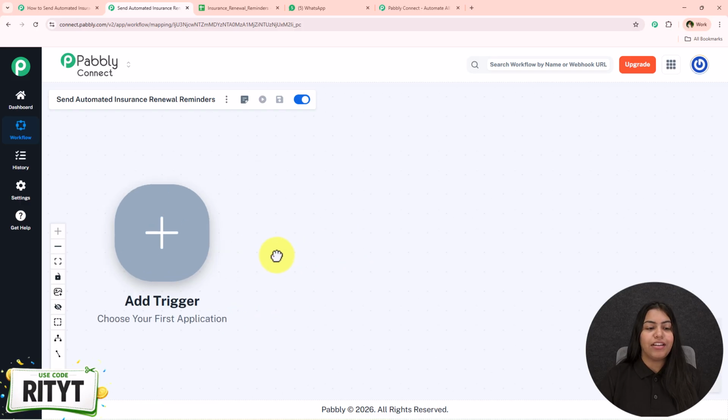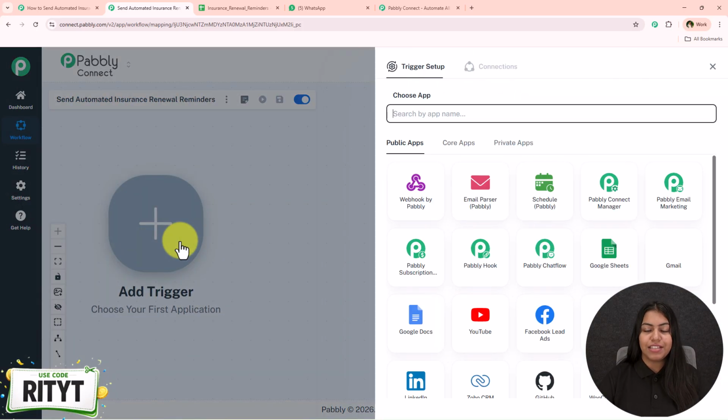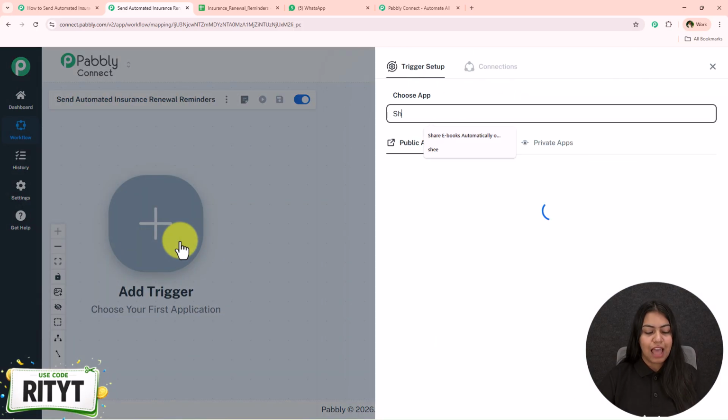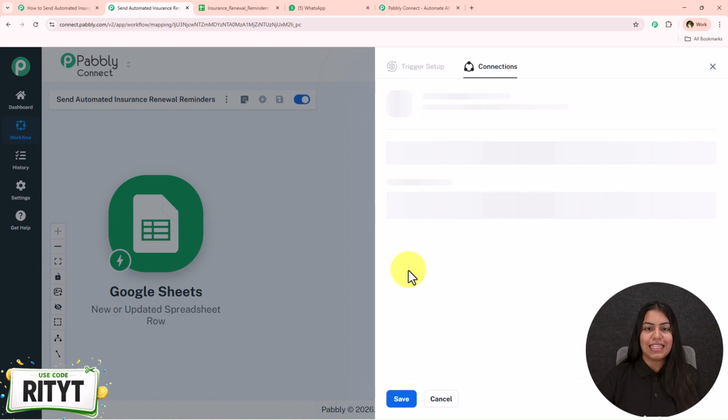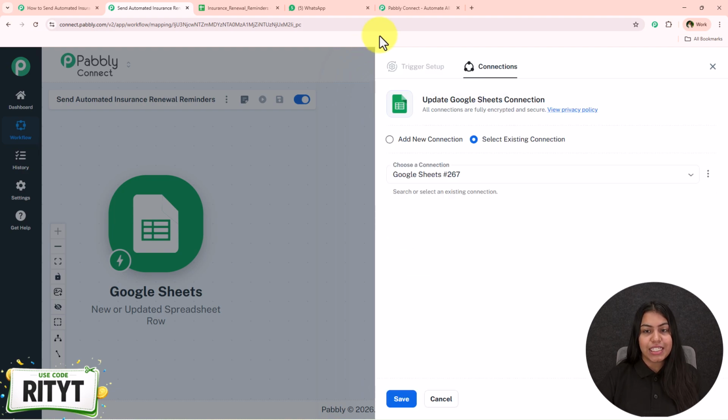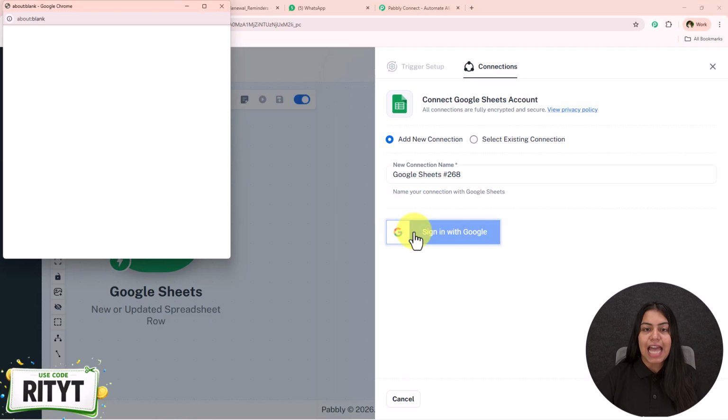So to get started, we have to click on this add trigger button. For the trigger application, we have to search for Google Sheets and select the same. For the event, select it as new or updated spreadsheet row and click on this connect. Now if you already created a connection between Google Sheets and Pabbly Connect, then click on this select existing connection and then save. But if you haven't, follow me, click on add a new connection and then sign in with